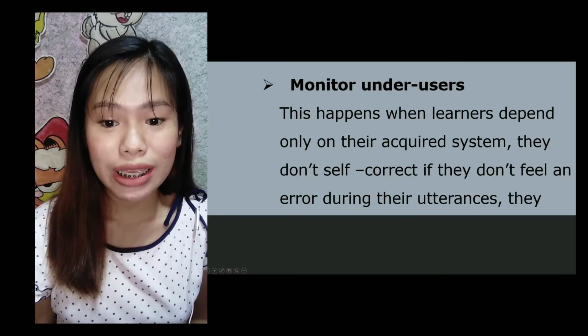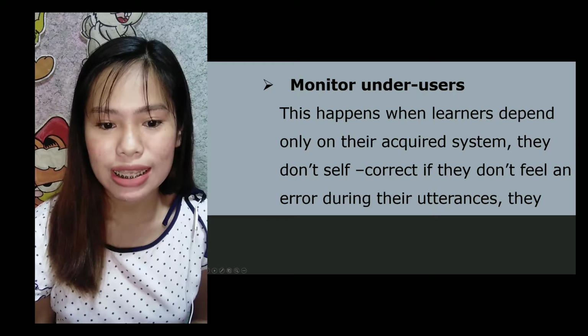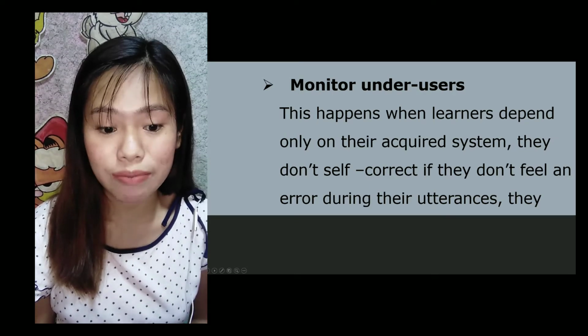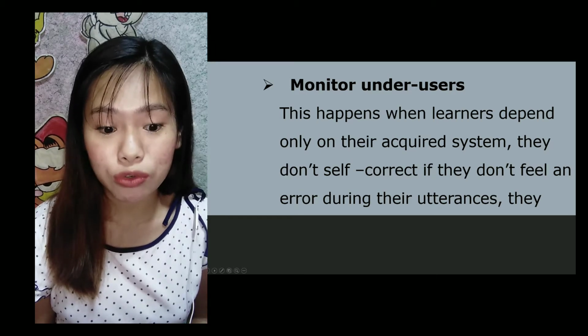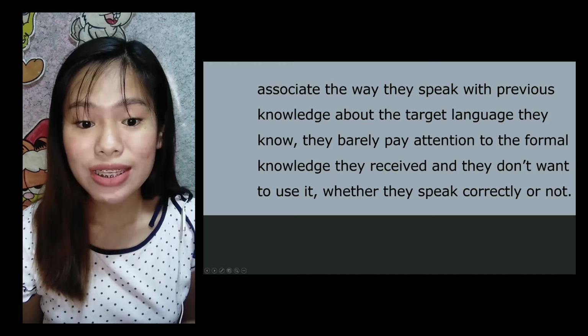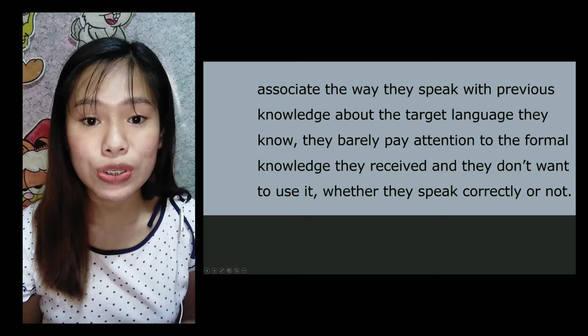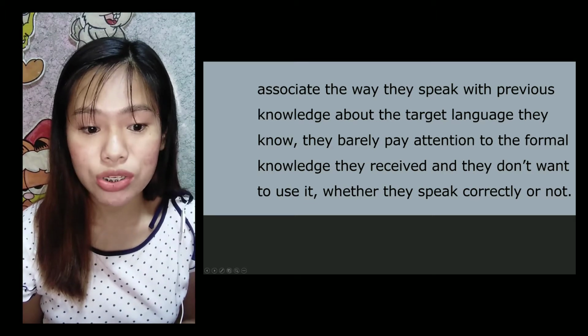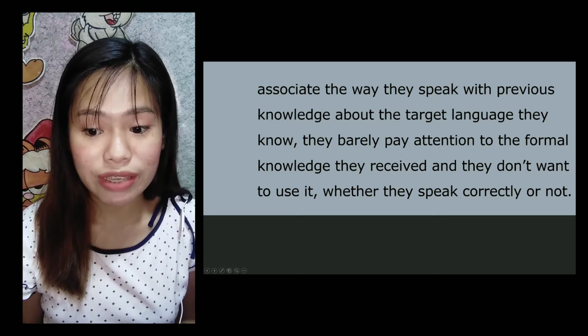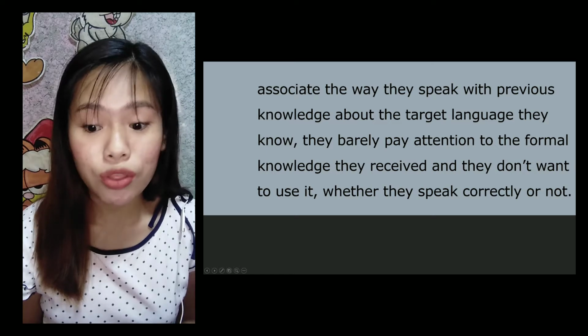And the second type is the monitor under users. This happens when learners depend only on their acquired system. They don't self-correct if they don't feel an error during their utterances. They associate the way they speak with previous knowledge about the target language they know. They barely pay attention to the formal knowledge they received, and they don't want to use it, whether they speak